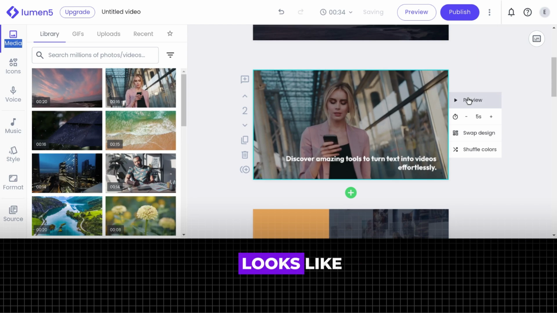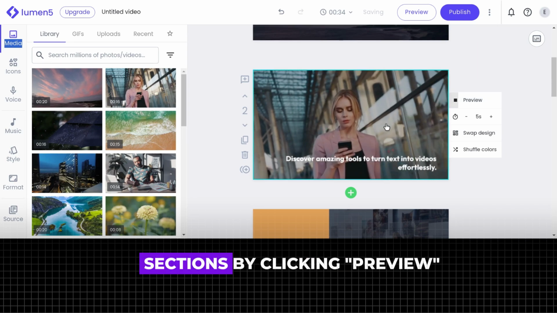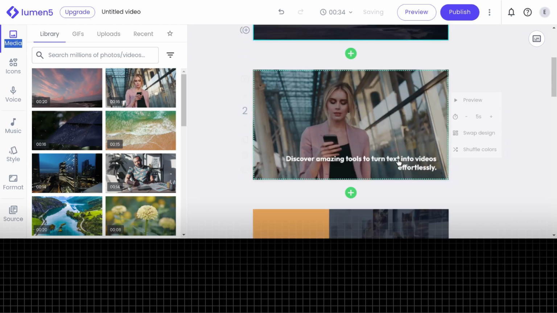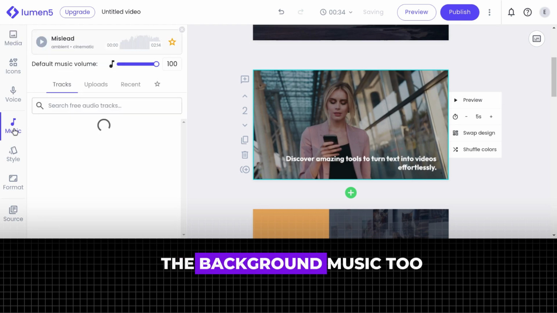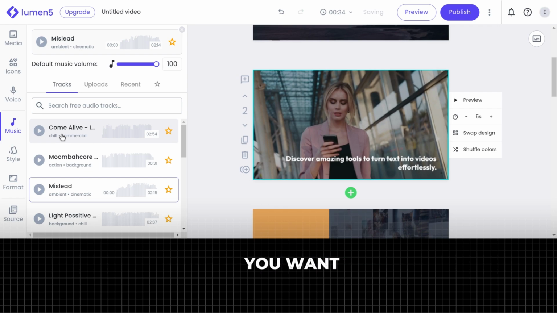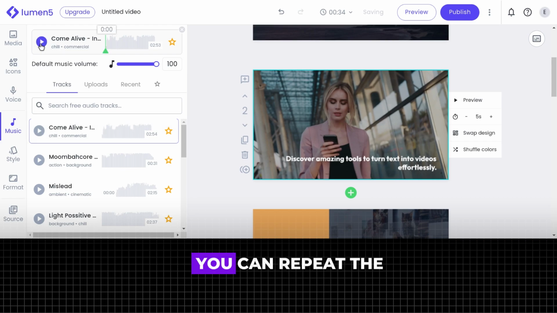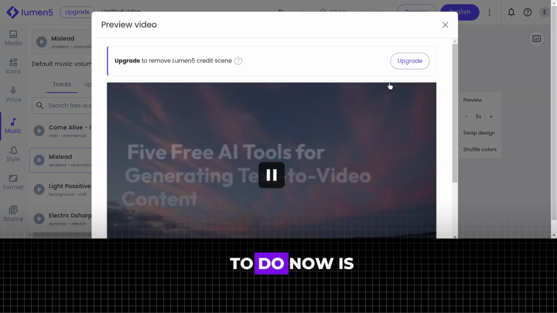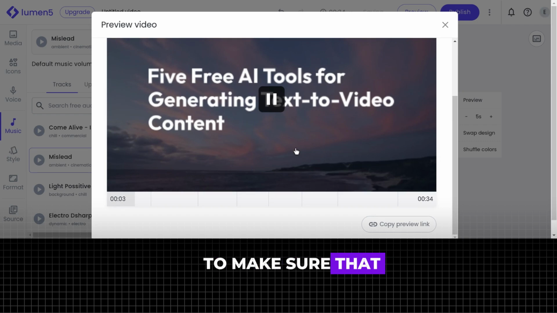And here's what it looks like. We can preview individual sections by clicking Preview. You may have noticed the background music too, so if we click on Music, then we can change the background music according to what you want. Repeat the same steps. So all we need to do now is to preview it to make sure that everything's right,